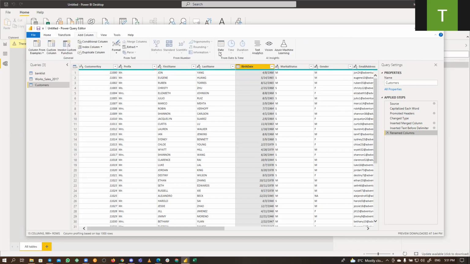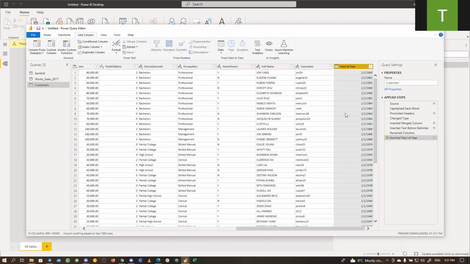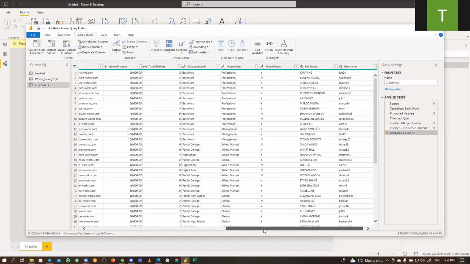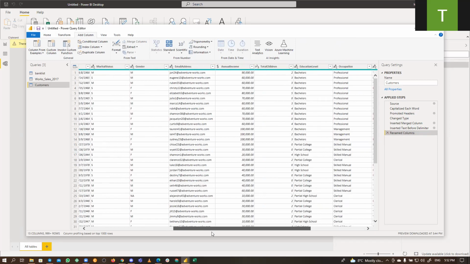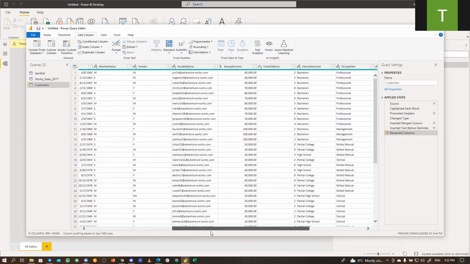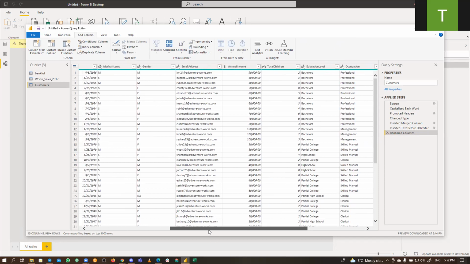Then if I go under add column, you can see we have new stuff here as well. Like this one, you can see instead of transforming now, if I go to year, start of the year, instead of transforming everything, it will produce a new column. It's still the same result, but it's adding a new column for me. So that's that. What else can we do there? We can work on start of the week, start of the month, and all of these things.